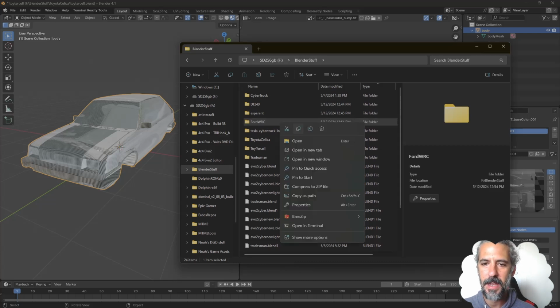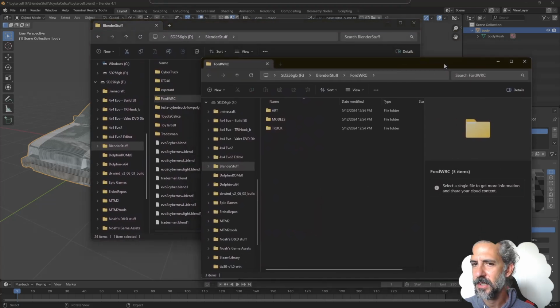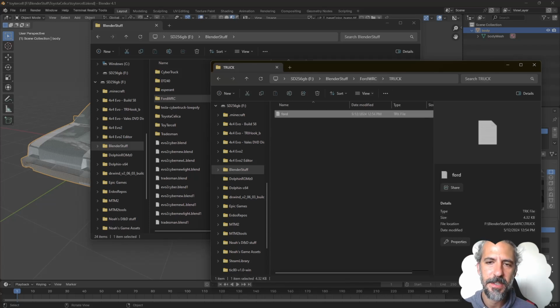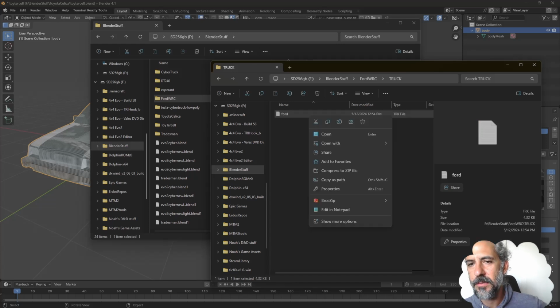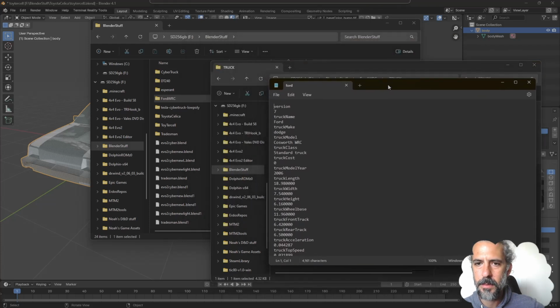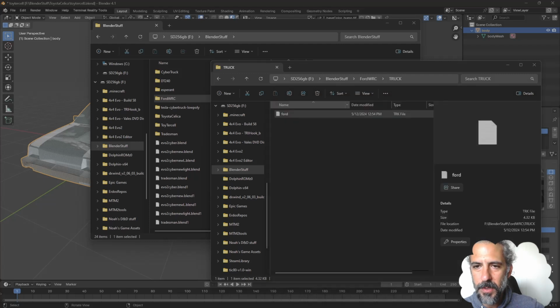So right click on that. I'm going to open in a new window so I can play with all these things sort of at the same time. This WRC car, this Escort, does have its own truck file. You can open this thing, open with Notepad. It'll ask you what you want to open it with. Open it up. It's just a text file. And you'll have to go through and rename all this stuff. All right. So before we deal with that,